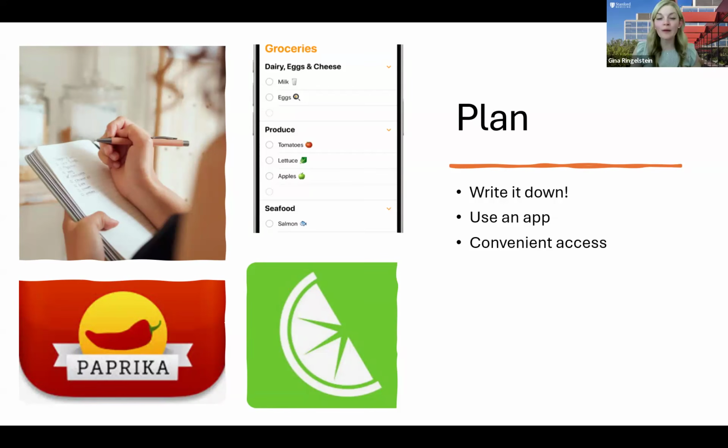And of course, there are so many different meal planning apps out there. Two that really stick out to me are Paprika, which you see here on the screen, as well as the second one, Meal Lime, like the lime or the fruit. I like both of these meal planning apps because they give you some inspiration. They put up all these different recipes that are of interest to you based on what you typically put into the app when you first join and log in. Both of these apps are free, I should mention, easy to download both for Apple and Android. And so when you download these, they'll give you all of these great meal ideas.